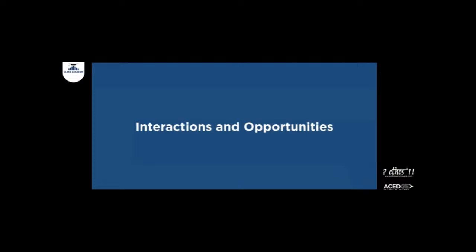So when we look at these three aspects, these two parameters come to my mind: what are the interactions and the opportunities we are providing at the city level through the infrastructure and architecture. First, we will look at interactions. I'm just trying to demonstrate this through some basic sketches.